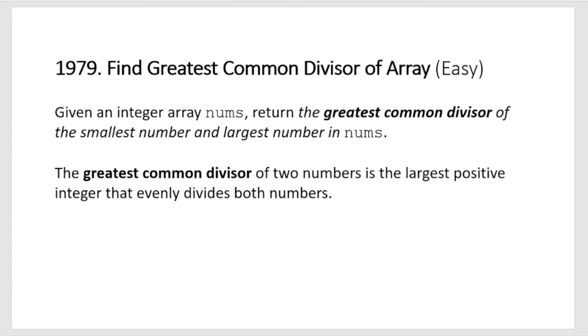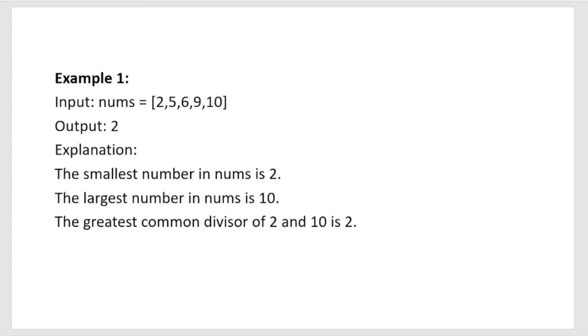So let's see some examples now. So here is the first example. The input given is nums equals an array of integers, that is 2, 5, 6, 9 and 10. So the output will be 2. As mentioned in the problem statement, we need to take two numbers, that is the smallest number here, that is 2, and the largest number, that is 10. So the GCD of 2 and 10 will be 2 itself, because the common divisors between 2 and 10 are only